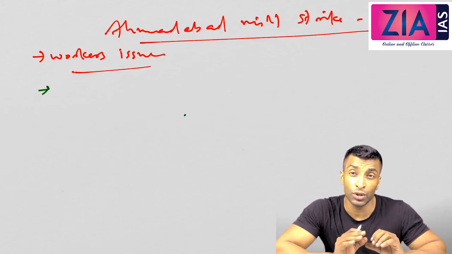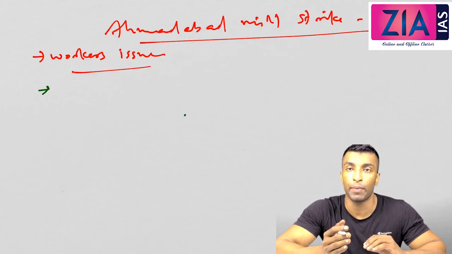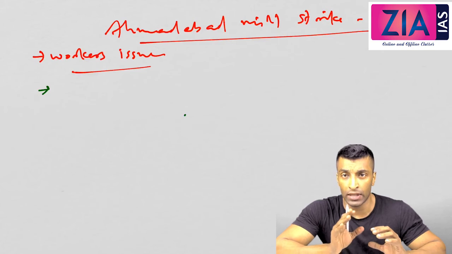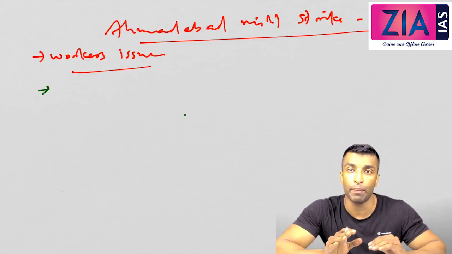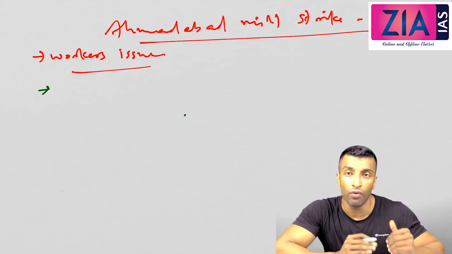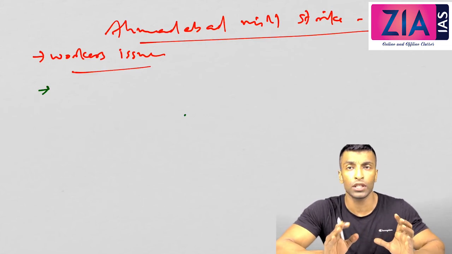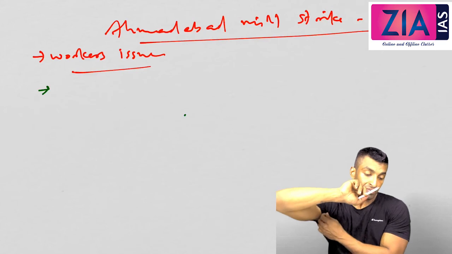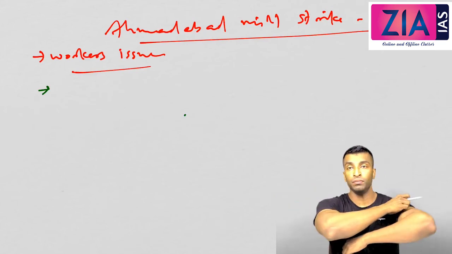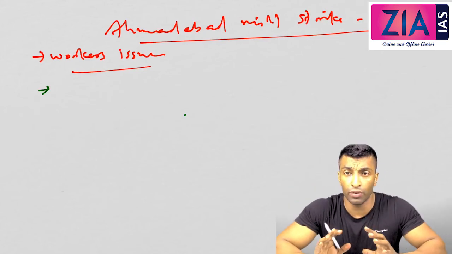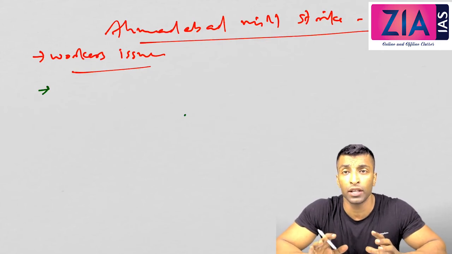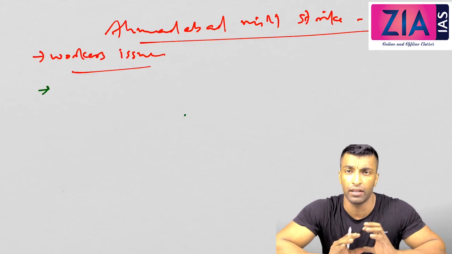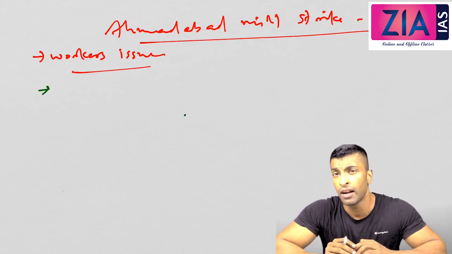So it is actually not against the English capitalists. That is one point on which students always have confusion. It was actually workers and Indian capitalists. So the issue was between workers and Indian capitalists. This point has to be very clear to you. The workers, after the war, demanded a 33% wage hike, but the Indian capitalists were never ready. They were not interested in giving a salary hike.